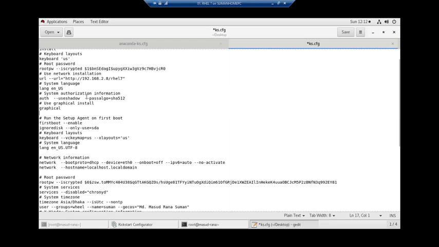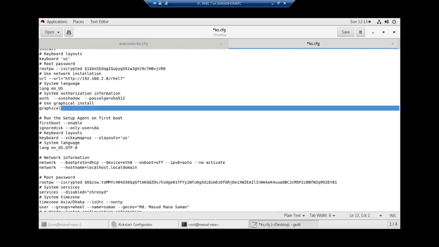Let me explain what this means. It is the server address, it is the server, it is the directory, it is the system language, it is system authorization information. That means the default local policy, local security, the encryption system.